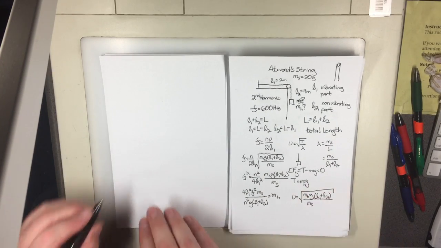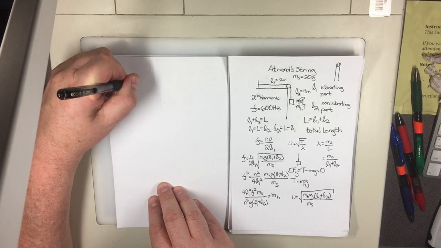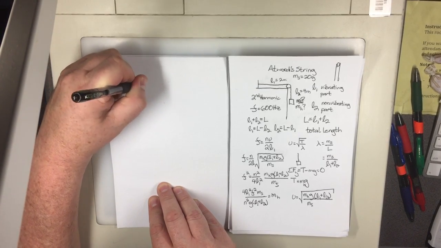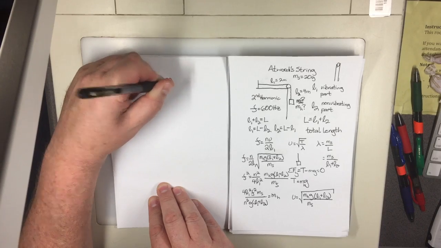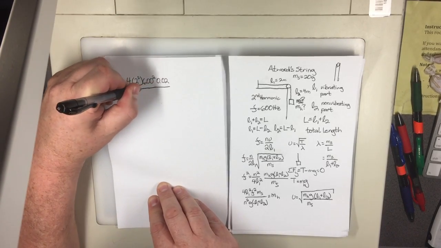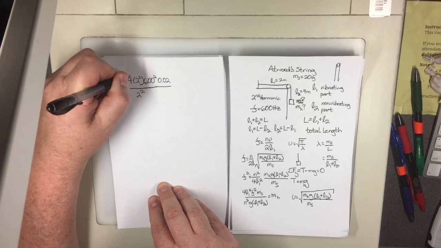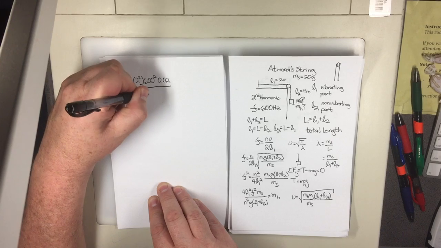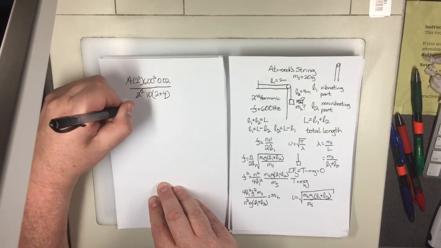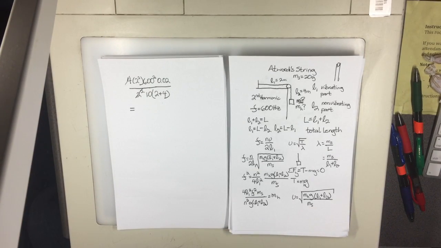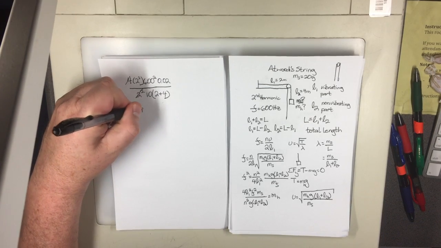Now plugging in the values. Remember that the mass of the string needs to be in kilograms. And you get 480